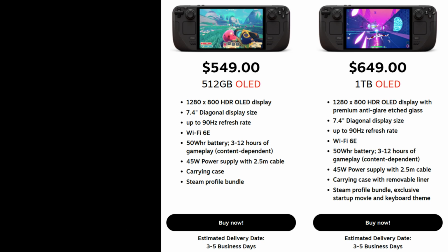Yes, this also has a carrying case, just like the Legion Go. This was their first one to do it. This comes with a carrying case, and you can get a Steam Deck profile. This is with the 512 OLED. All right, this is what you're gonna get with the Steam Deck, the cheapest OLED version. With the $649 version, 1 terabyte, it's a 1280 by 800 OLED. Basically the same, with premium anti-glare etched glass,